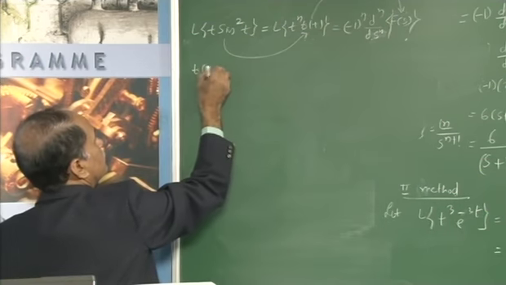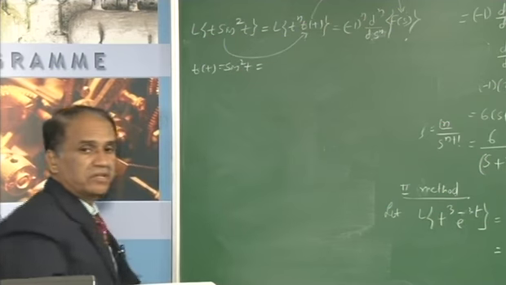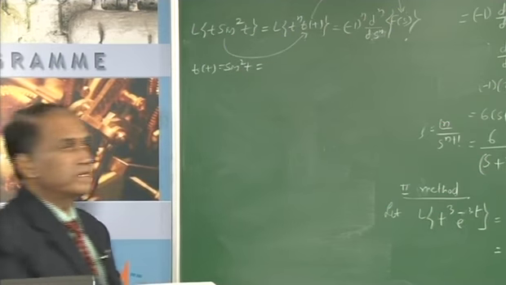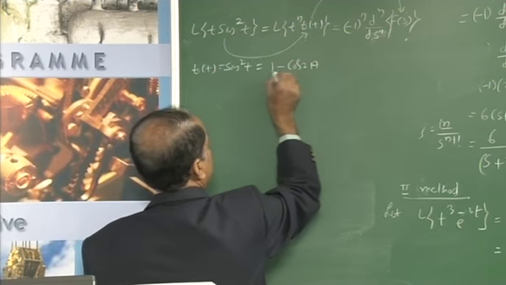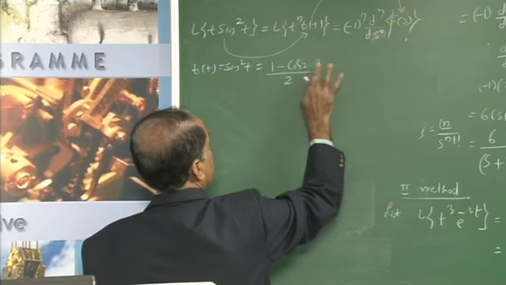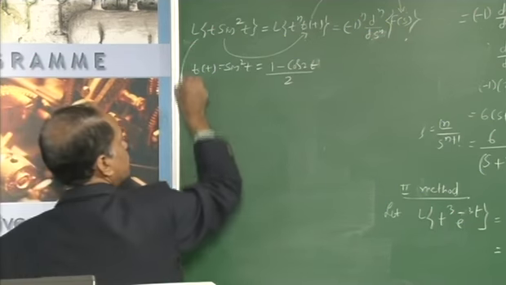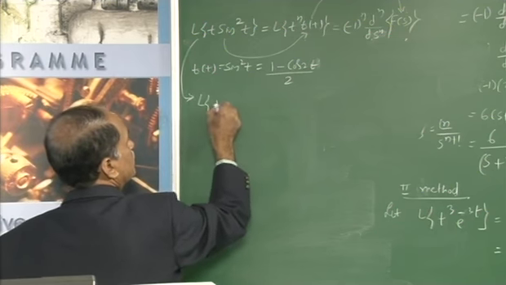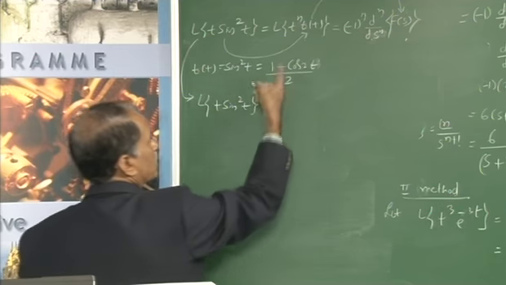So f(t) is equal to sine square t. Already you are familiar with cos 2a is equal to 1 minus 2 sine square a. Therefore, sine square a is 1 minus cos 2a divided by 2. Cos 2a, instead you can write directly as cos 2t. Therefore this problem will be converted: L of t into sine square t is equal to, should be